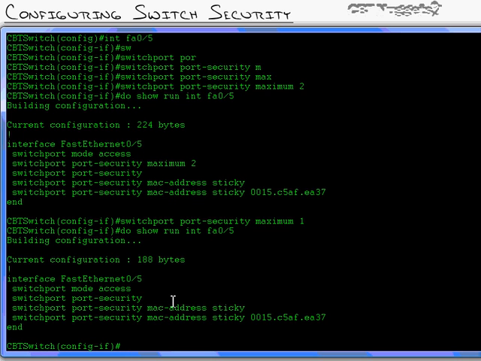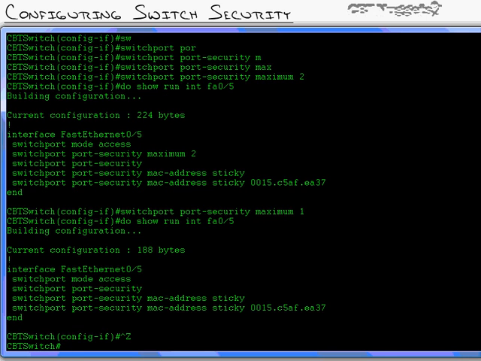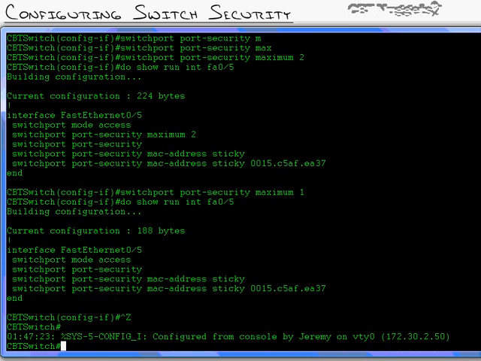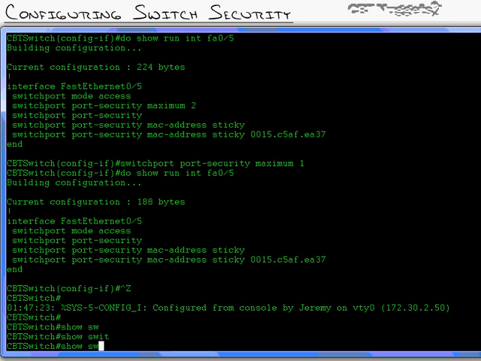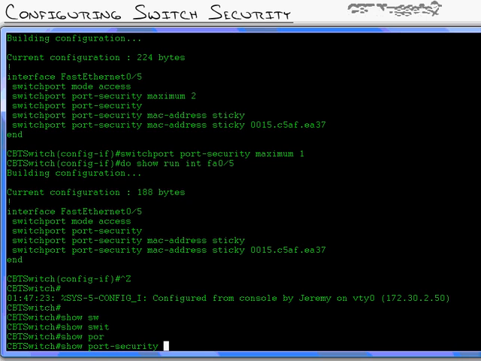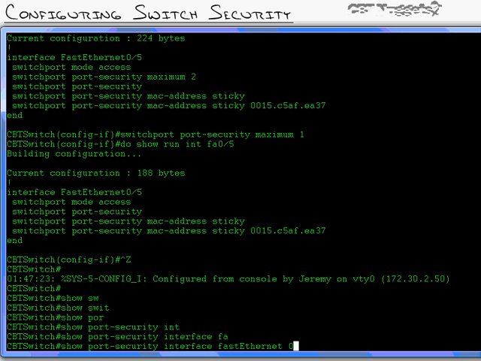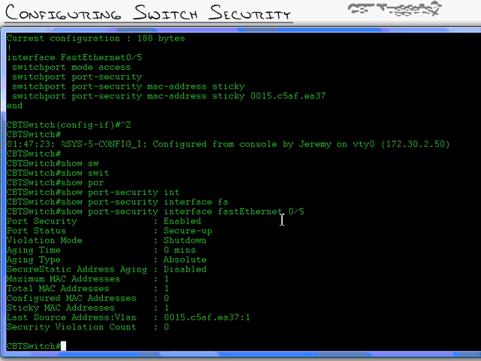All right, now we need some action. What I'm going to do is I'm going to exit out of interface configuration mode, and I'm going to type in a command that lets me see my port security. I'm going to type in show switchport, or actually it's show port security, and I'll say interface fast Ethernet 0/5. I want to see the port security for just that interface. I hit enter, and here's the information I can gather. Enabled. It is currently, the status is secure up, meaning that it is a secure port and it is currently